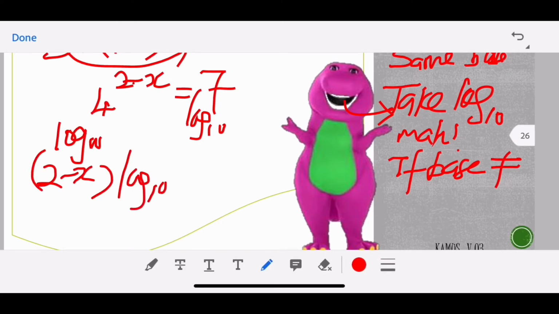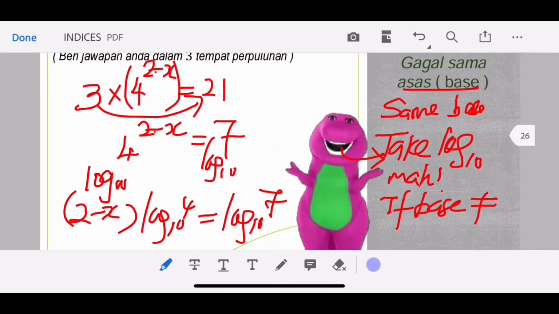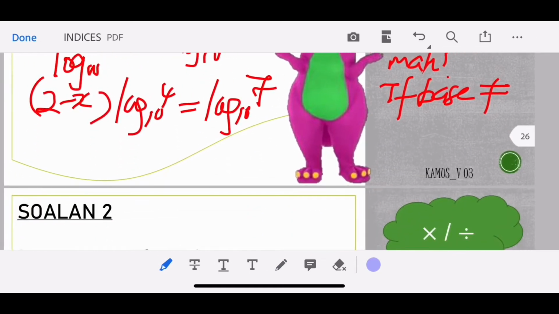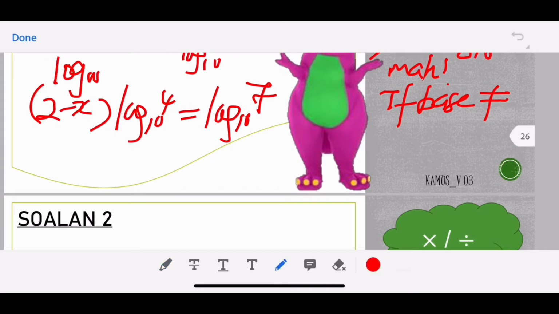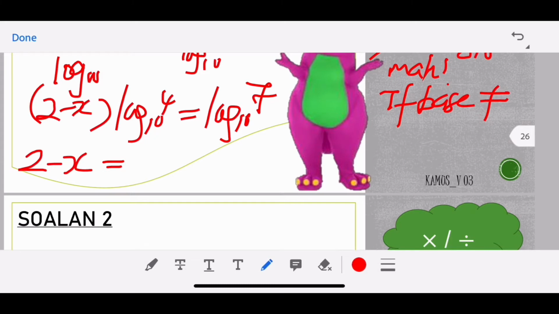Okay, so (2 minus x) log 4 is equal to log 7. And then you can solve for x by taking log 7 divided by log 4, and then you will get the x. All right, so solve it carefully and make sure your answer is in 4 significant figures. So now you press your calculator, log 10 of 7 over log 10 of 4, you will get a decimal number, right? Are you getting a decimal number? Be careful with the decimal number because we actually need 4 significant figures, so you have to round off accordingly.